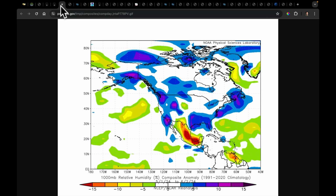As we think about what this has done to the lower atmosphere, it is important to note that the humidity levels over the last month have been off between 15 and 30%. I know my color bar only goes to 15, but some places here have been over 30% drier than normal in the lower atmosphere humidity profile. And to be honest, this is what has set up what has been one of the most vigorous severe storm seasons. We've had this dry air pumping into this section of the southwestern United States,